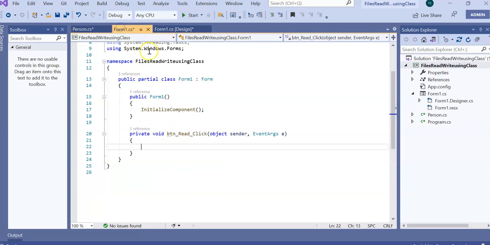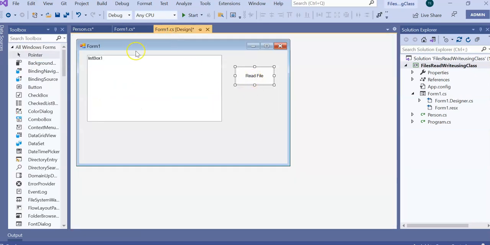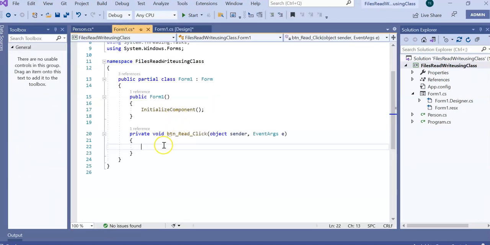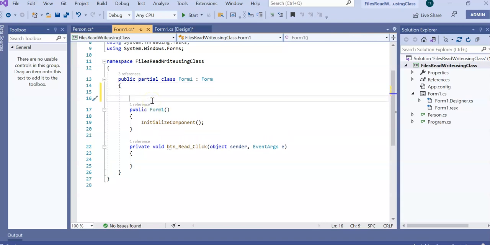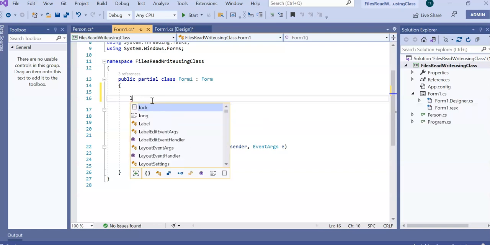I'm gonna go to the other form. Click on this one. I have this code. Okay. So I'm gonna create a list. So I'm gonna go here. Last example, we created a list of string. So this one I'm gonna do list